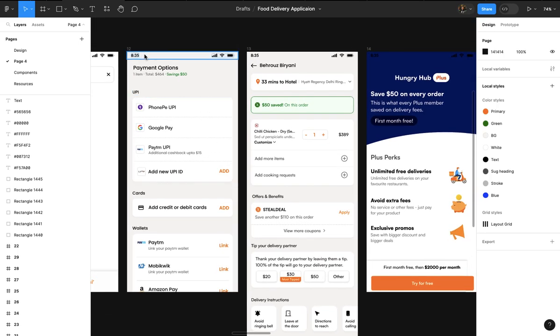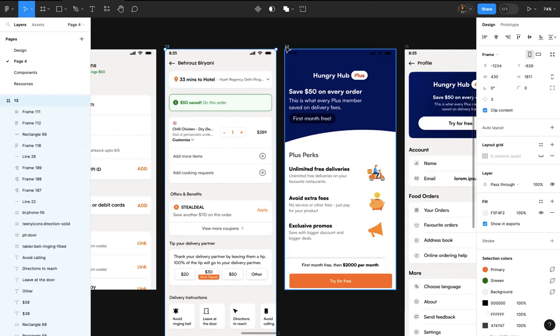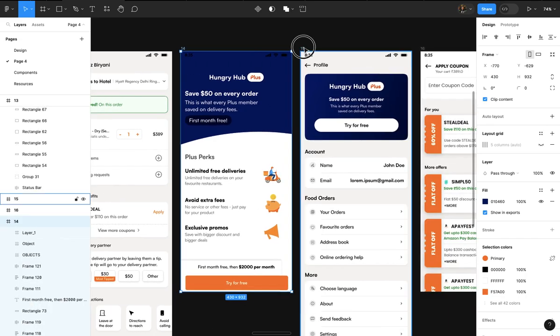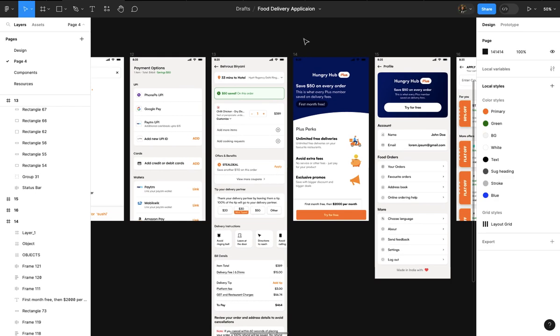So in this video we are going to design payment option screens, payment preview screen, subscription screen and profile screens. So these are the four screens that we are going to learn to do today, and I hope you have